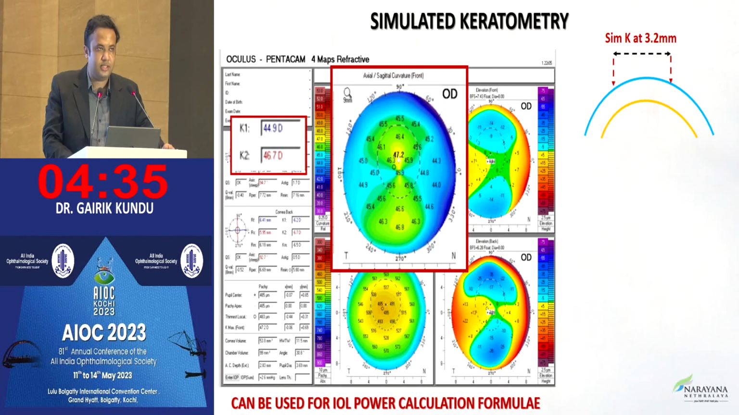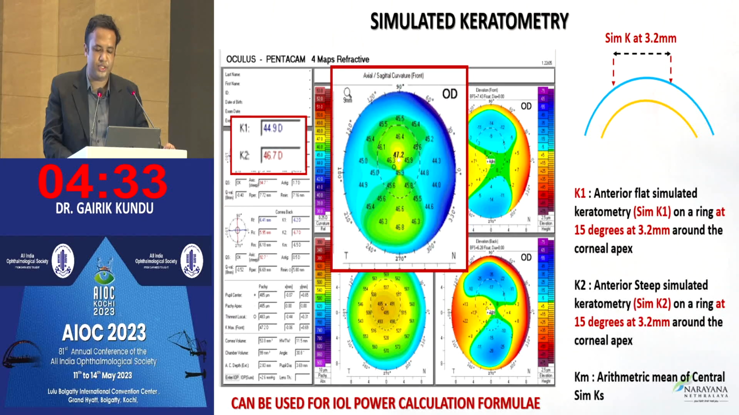I know this is where the concept of sim K, or simulated K, comes into being. Now, if you look at the central 3 millimeter zone, the average of the keratometry values here is what is normally taken. Now, the challenge is the fact that you need to understand that the keratometry values taken are not